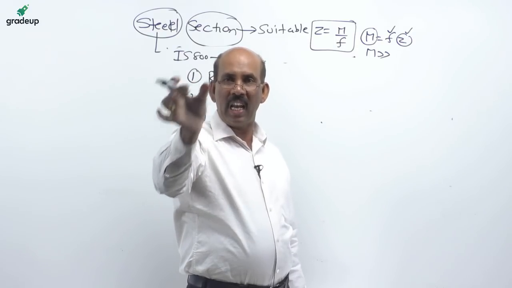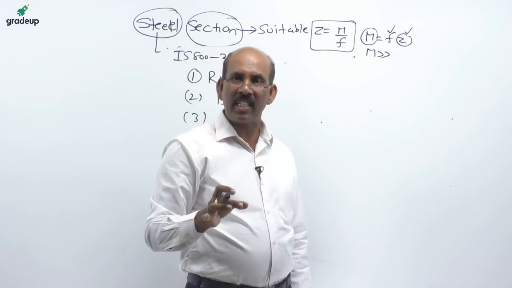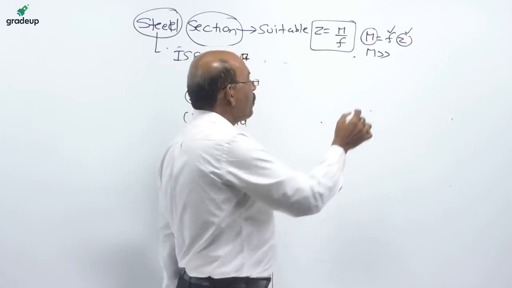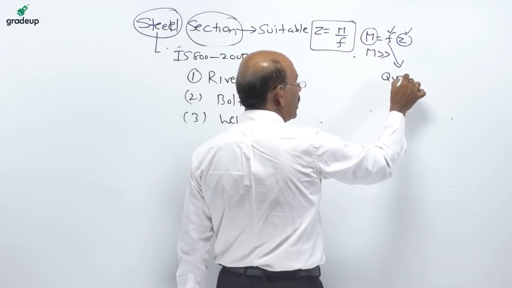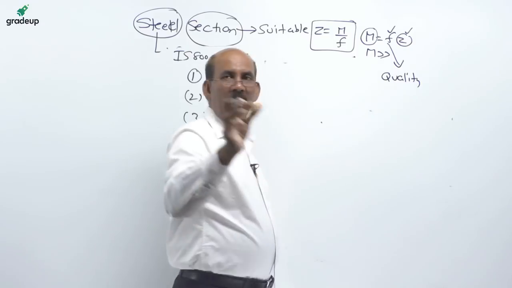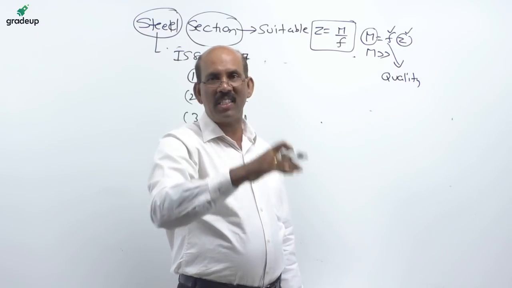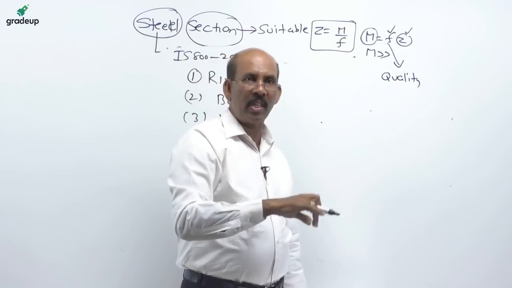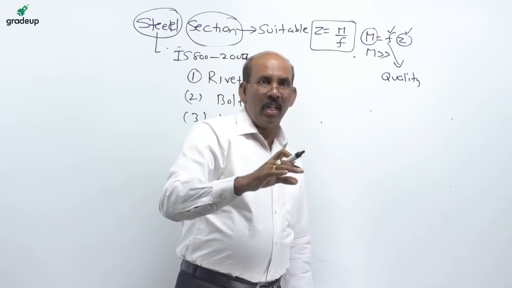One is the material, lightweight, so the self weight is reduced. That is the reason why we use the I section. Coming to the F, this depends upon the stress. Stress depends upon the quality of the material. So if the quality of the material is good, automatically the resistance will be good. So I hope Mr. Venkateshan is satisfied with your question. Coming to